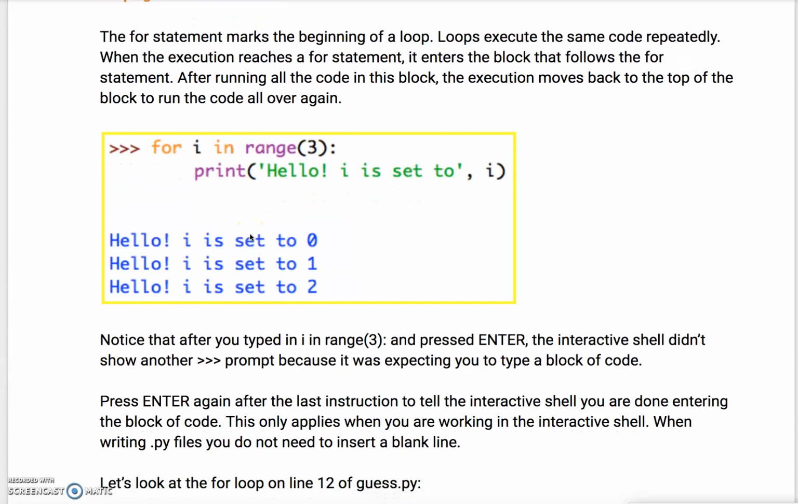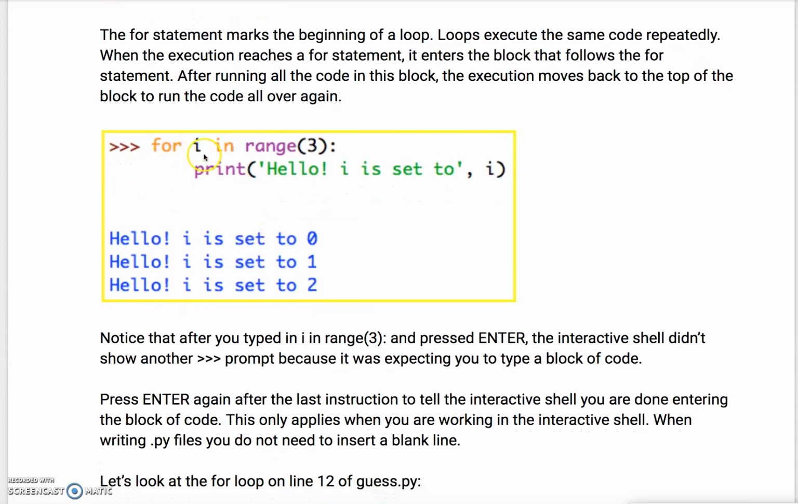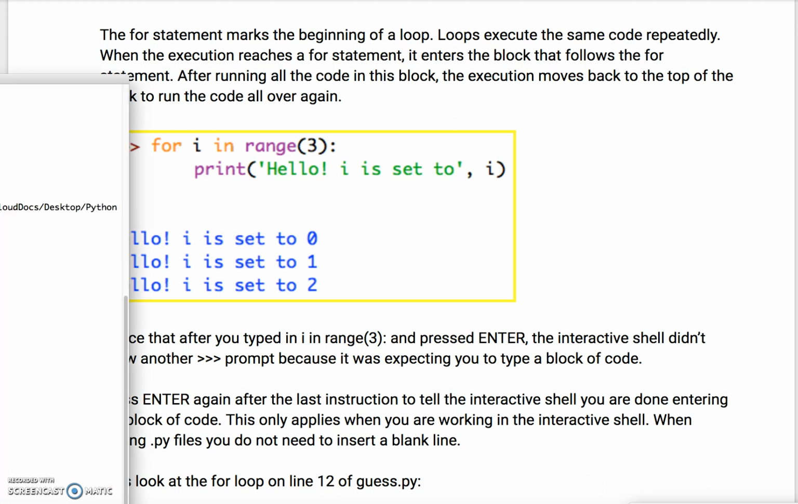So, in this example, we've got the for i in range(3): print('hello, i is set to', i). We'll notice that after you've typed in the for i in range 3, and then you press enter in the shell, it doesn't actually show another prompt because it was expecting you to type a block of code. So, to demonstrate that, I'm going to open up my interactive shell